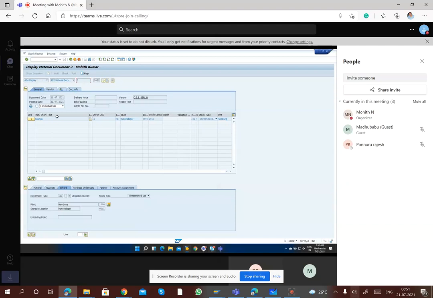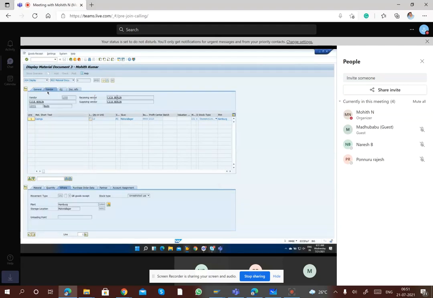Okay. Here, if you see, there is a tab called document info. I'll explain each and every tab. The general data tab will have things like, if this GR is related to some shipment or some purchase order, then they will keep the delivery note. When you buy something by road, you will have proof of delivery or a delivery note. Those are assigned as per the business here. Okay, the remaining are all normal.